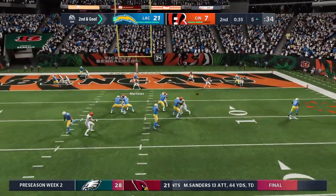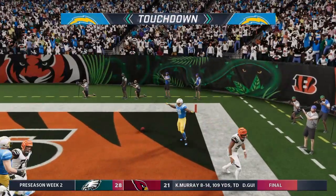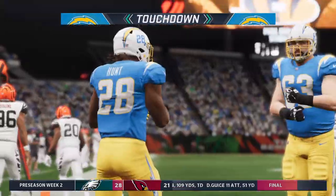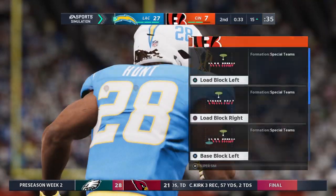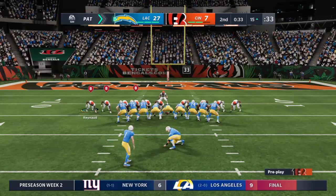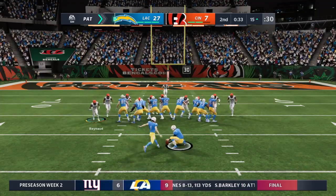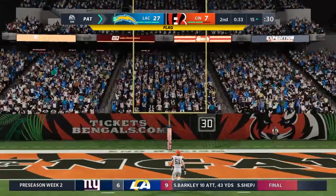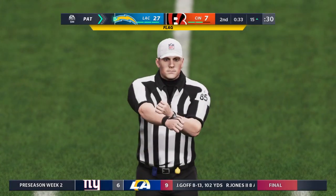Out of the gun, Herbert. This will be caught at about the 6, and he's in for a Charger touchdown. A 5-yard touchdown, and the Chargers are going to add on to their lead. It seemed like they were so focused on the guys out wide, they forgot about him out of the backfield. That's a really good point because you got to